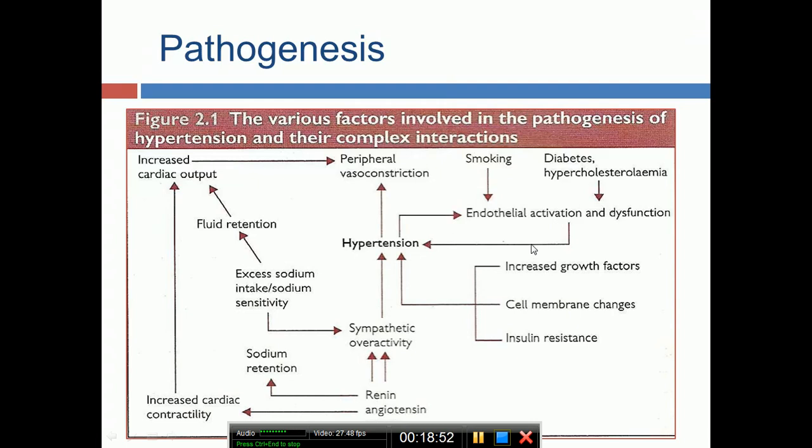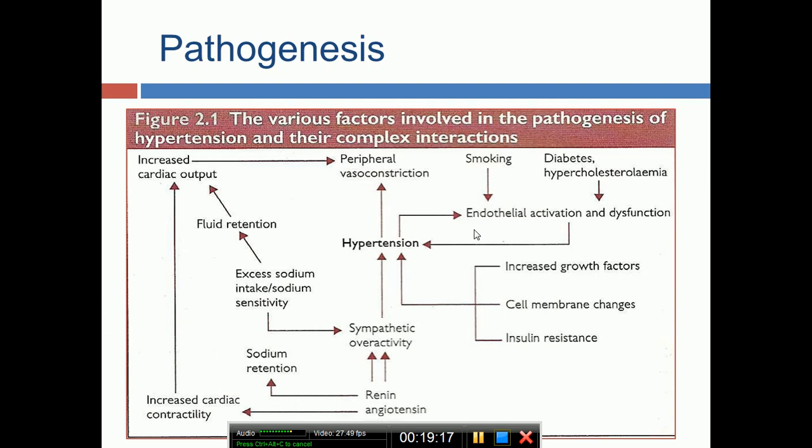If this does not work properly... the endothelium releases EDRF, endothelial derived relaxation factor, also called nitric oxide. If nitric oxide is released, it causes vascular dilation